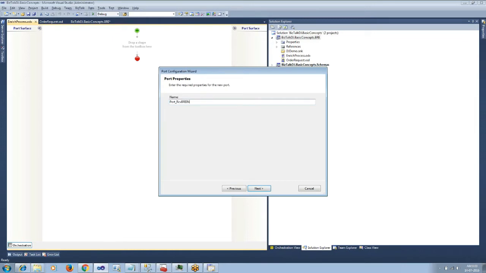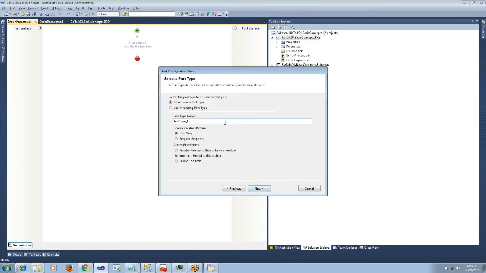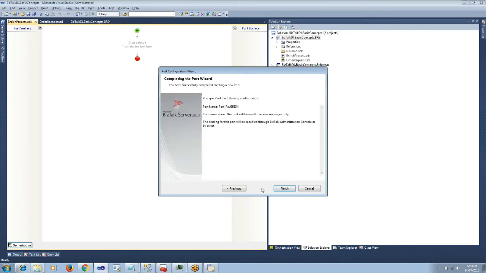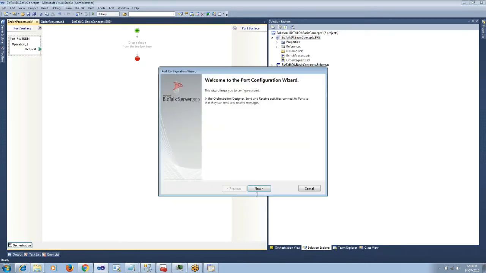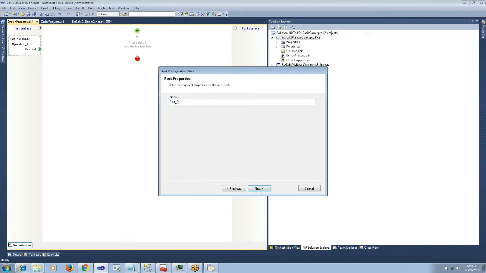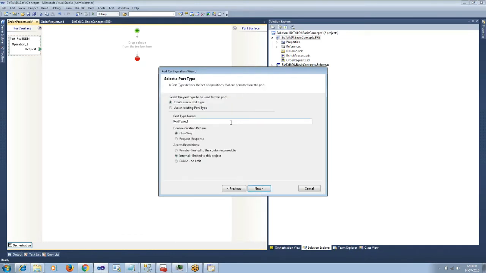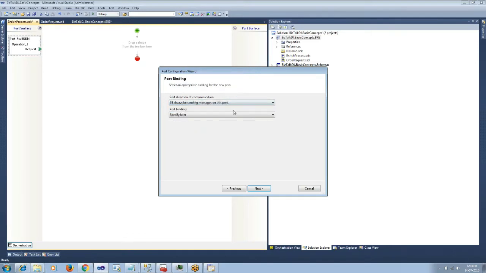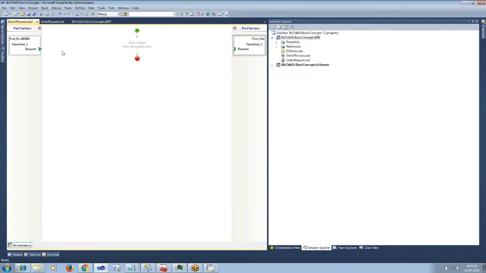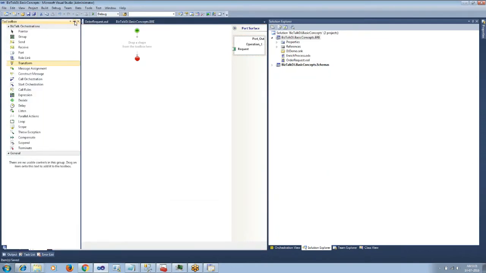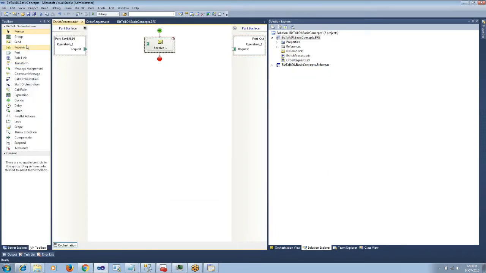So I will configure a logical receive port and map it to a receive location. And similarly I will configure a logical send port and map it to the send location. We will be receiving the order request and sending the order request.